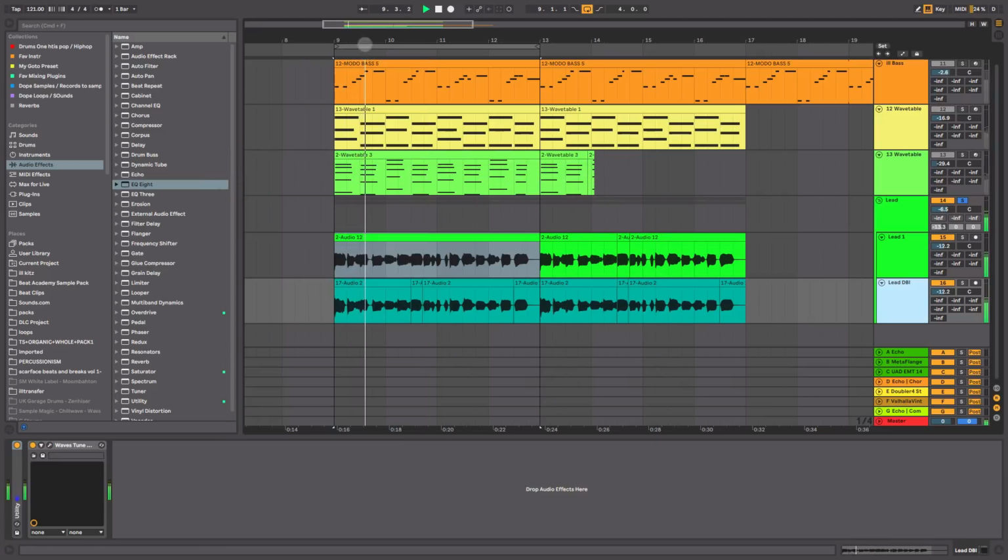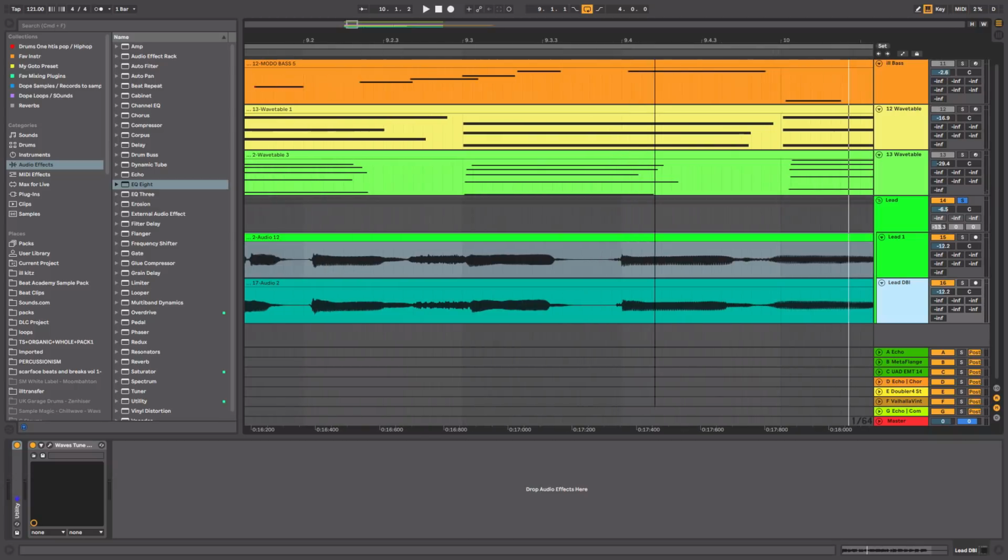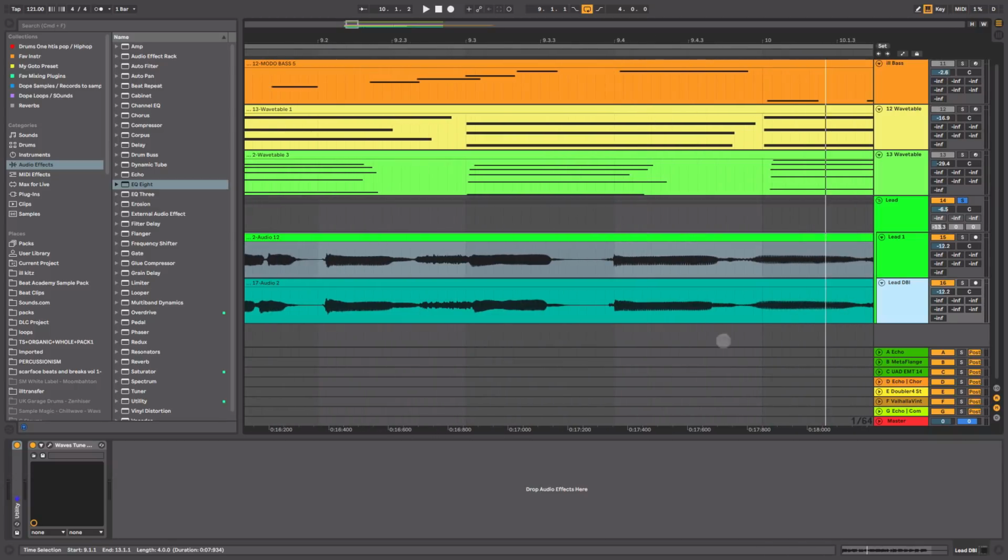Might have been something But what's really important is that you have both tracks as tight as possible placement wise,